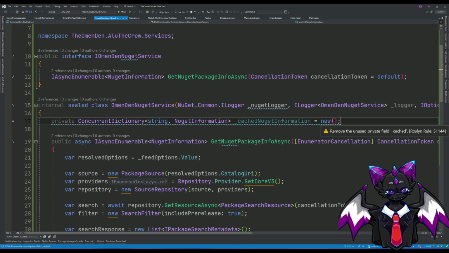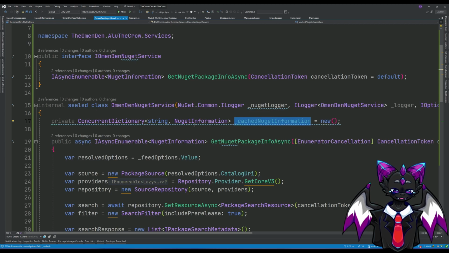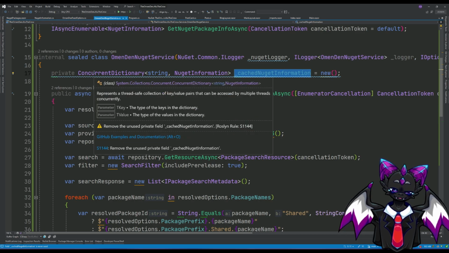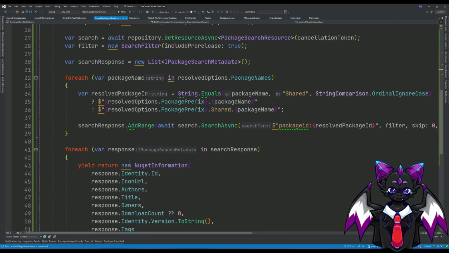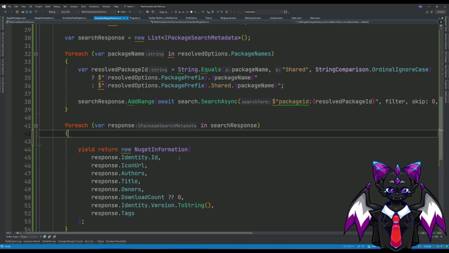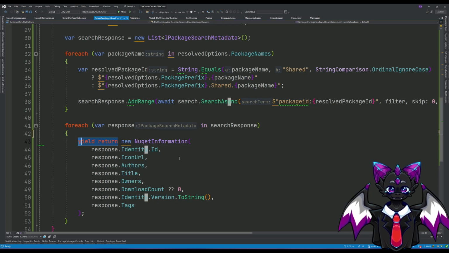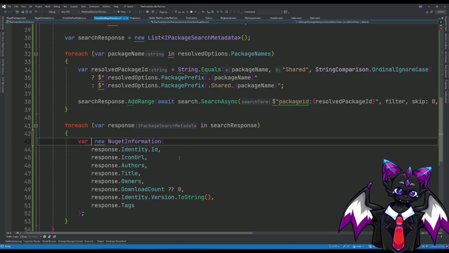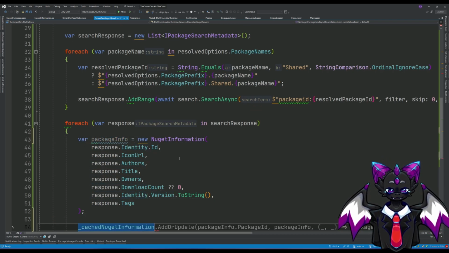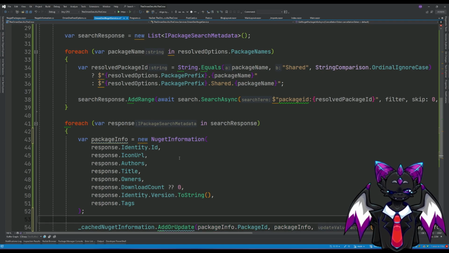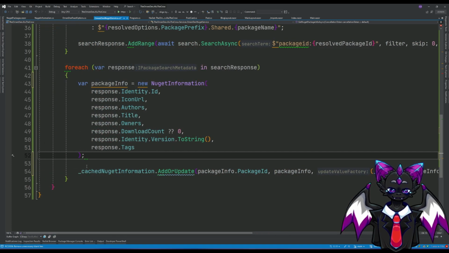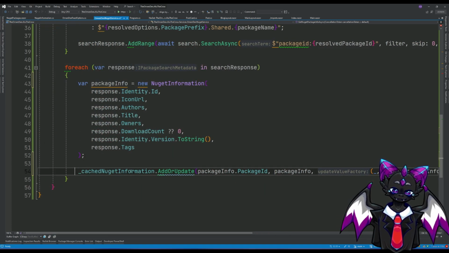Because really, realistically, what is a cache but just kind of like a concurrent dictionary, a concurrent map at this point. It doesn't really make too much of a difference to me. So what we can do here is var package info equals, we can do dot add or update. And we can then do